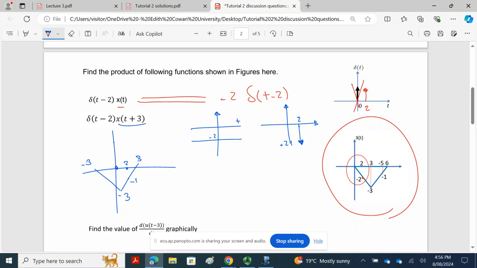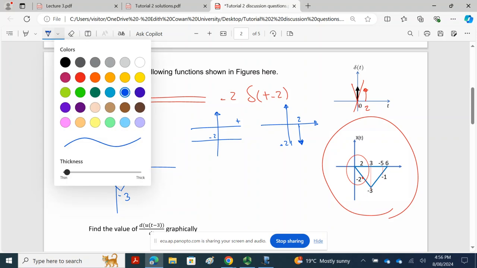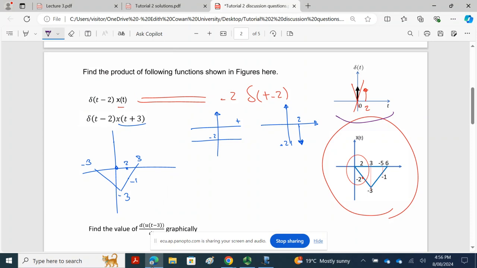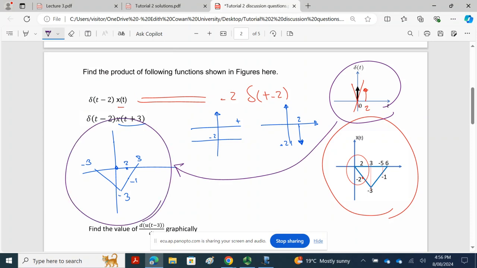So all I did was shifting it to the left by 3. And now let's find delta(t minus 2). So that's delta(t minus 2) if it gets multiplied by this signal. What it gives me is